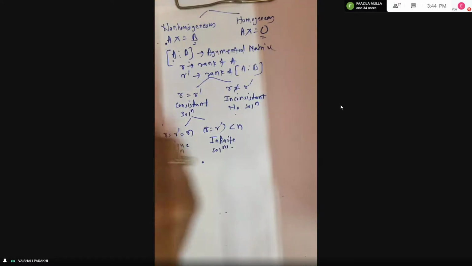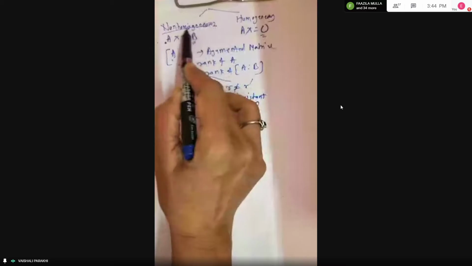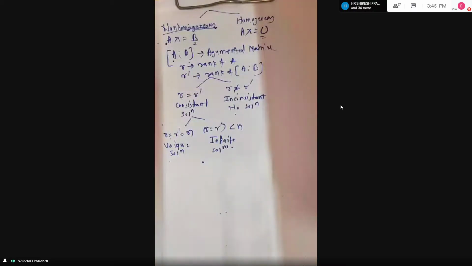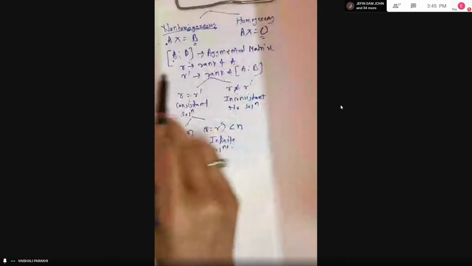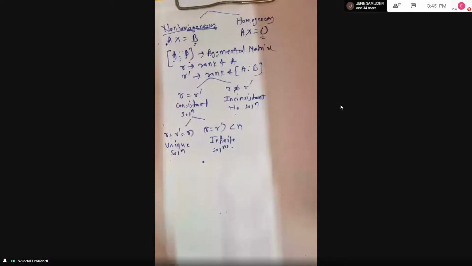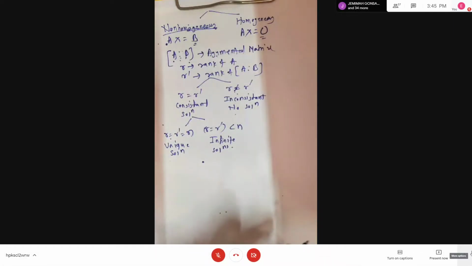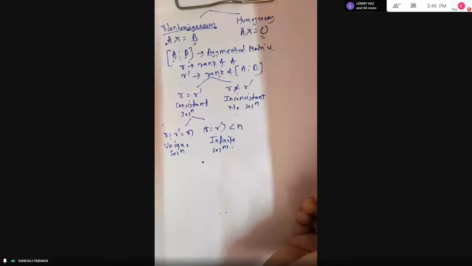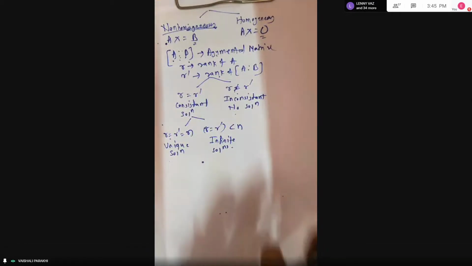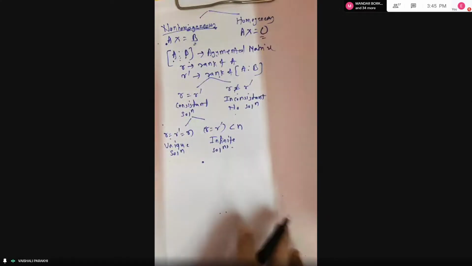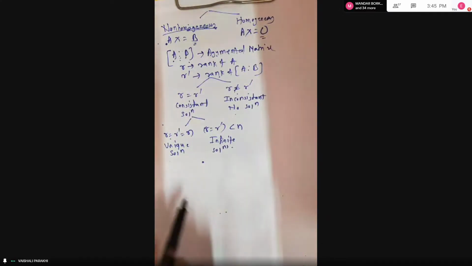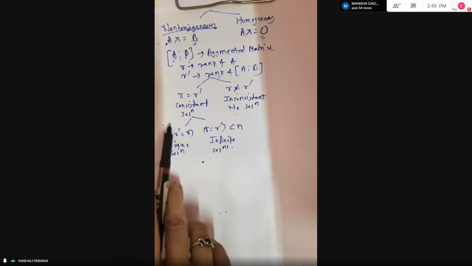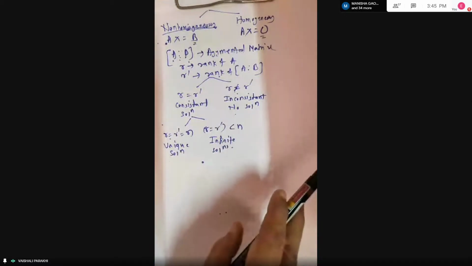So what I said, we are starting with the non-homogeneous system of equations, Ax is equal to B. The first step is writing the augmented matrix A partition B. Partition means it is just a dotted line we put, but it comes under the same matrix. We are finding two ranks here. R is the rank of A, ignoring the last column, and R dash is the rank of the whole matrix. There are two possibilities: R is equal to R dash and R is not equal to R dash.